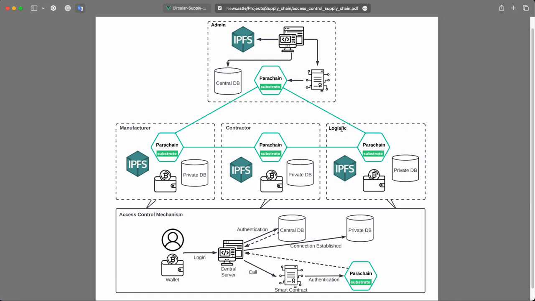And our system is using an access control mechanism to manage the access of all these users to use this system. And each of them will hold a wallet which represents their blockchain wallet, which includes a public key and private key. So they can use the public key and private key to log into the system. So first, I'm going to log in with the admin user and add all these three companies or three users